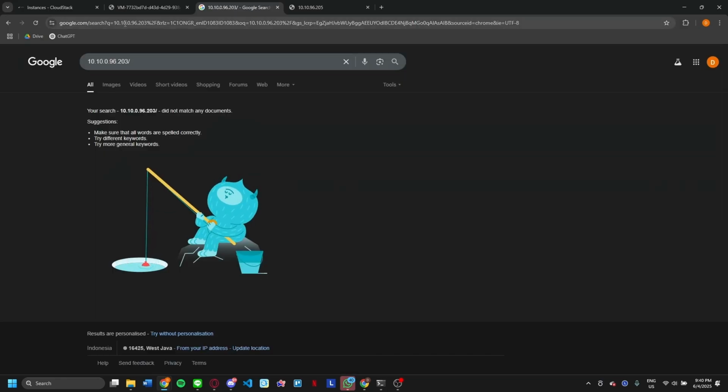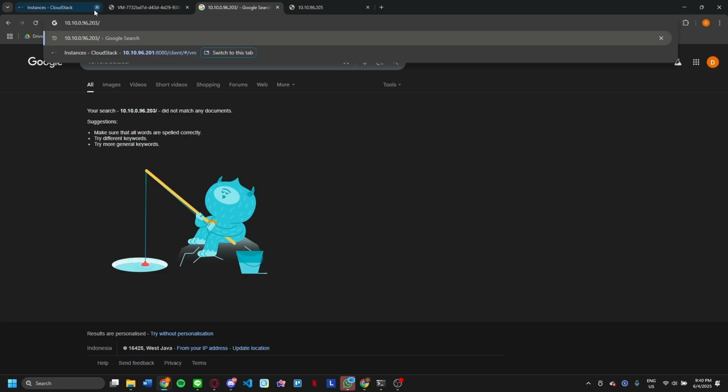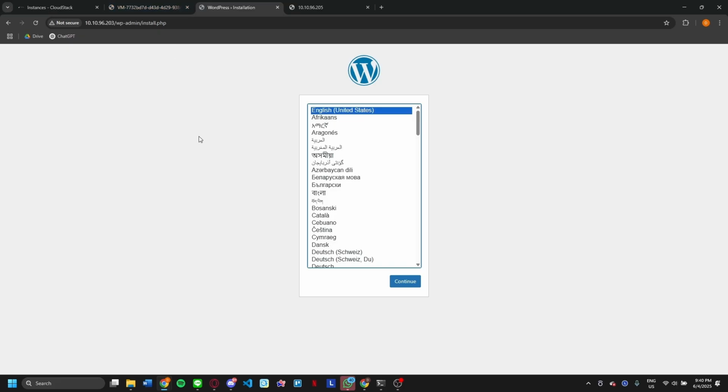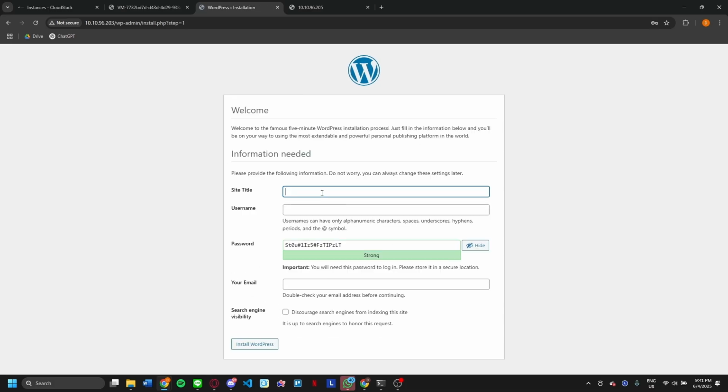Oops, I got it wrong again. This is 5 octet, so all right. Now that it is opened,